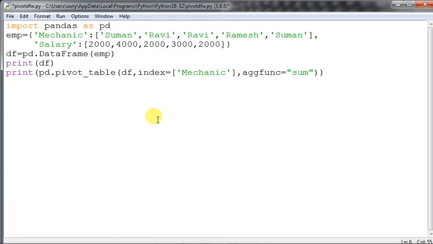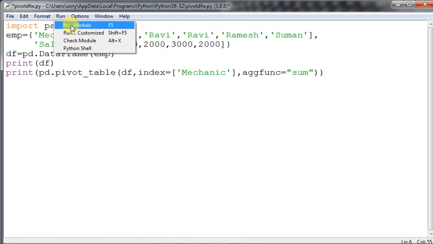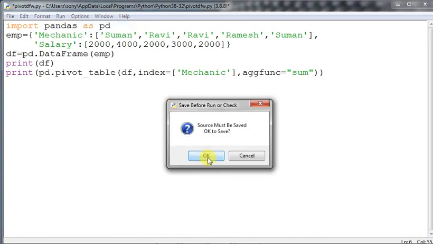So pivot table means it is actually pivoting with aggregation, so the aggregation will take place in this case. The pivot table will have the data frame, values and index, everything with it, and aggfunc, which is the aggregate function. That is the main thing in pivot table.